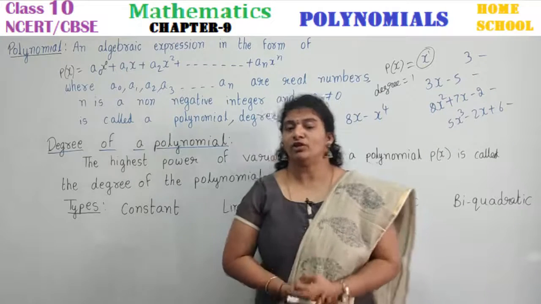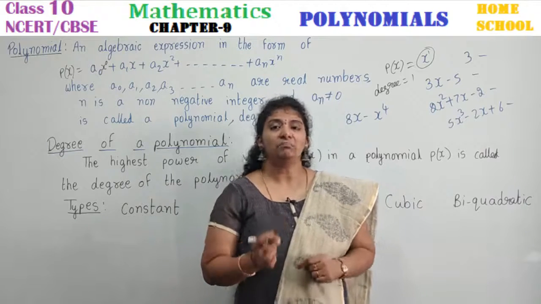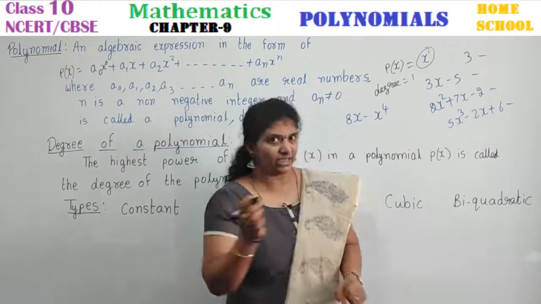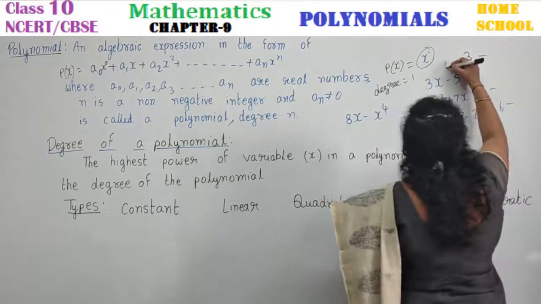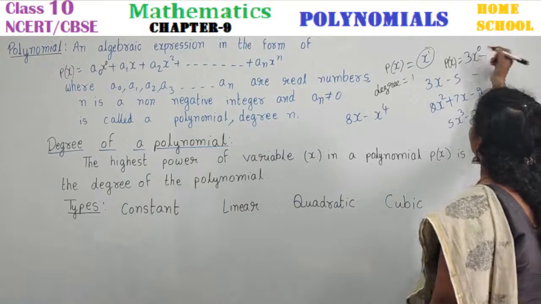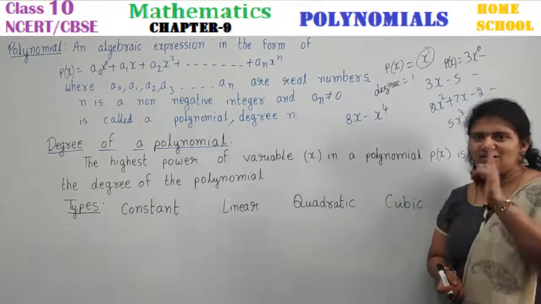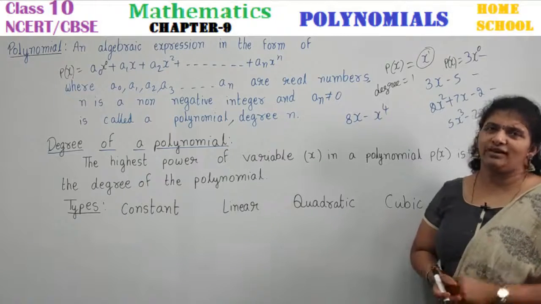Yes, it is a polynomial, but only a number there, no? A number there means it might have degree 0. Observe here, I am going to equate it with p of x is equal to 3, and here I may write it as x power 0. X power 0 value is 1. 1 into 3 it will be 3.